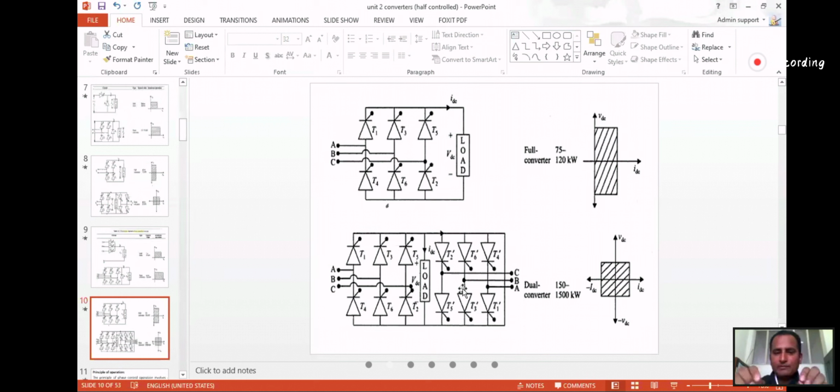In this case, because of the complexity of the circuit, the freewheeling diodes are not shown here, since we already have 12 SCRs. Even in this case we can use a freewheeling diode, but the difference is that it is for high power applications, so you need a high power diode. So a freewheeling diode can be used in this dual converter also. It is not shown in the diagram, but in practical cases they do use a freewheeling diode. Is it okay?